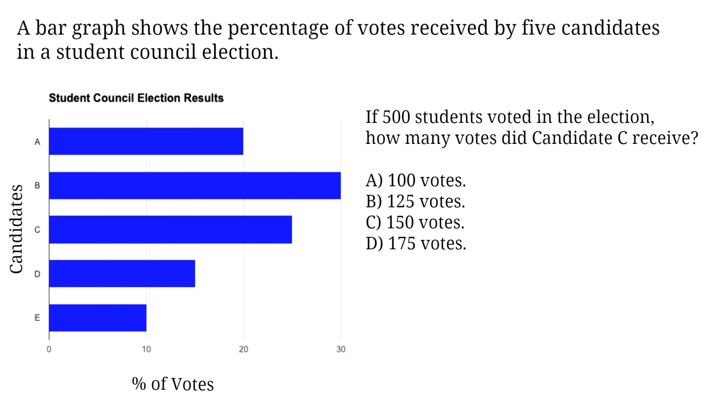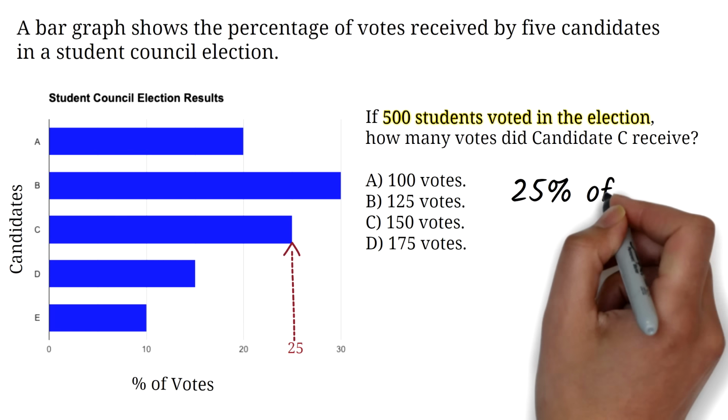Questions that deal with graphs and percentages are common on the GED. To solve it, we need to first know the percentage of votes candidate C got. From the graph, we can see that candidate C got 25% of the vote. If the total votes cast is 500, then all we need to do to find candidate C's votes is to